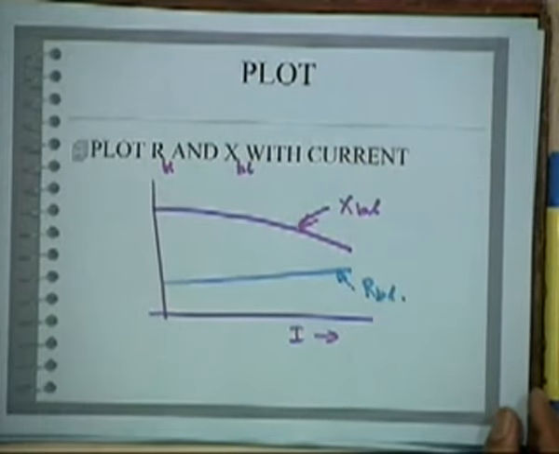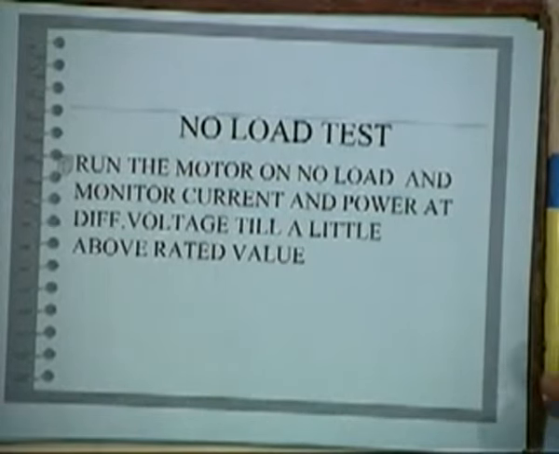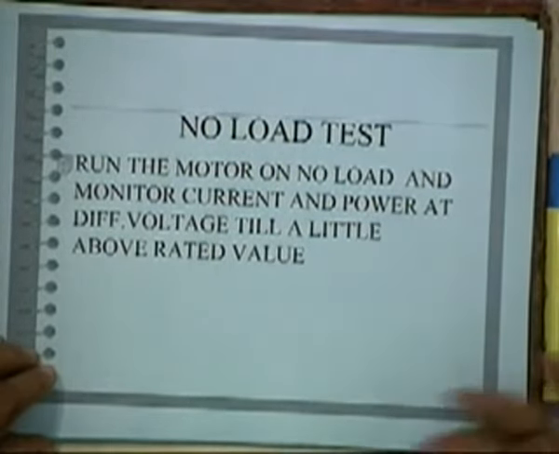This is only a way we can calculate the parameters. To sum up, we have now discussed the initial portion of testing that you do when you purchase a motor: take the nameplate, measure its resistance, and next conduct a blocked rotor test. And next class we will take up the no load test and see how other parameters can be determined and how the performance can be obtained. We'll stop here at this stage.